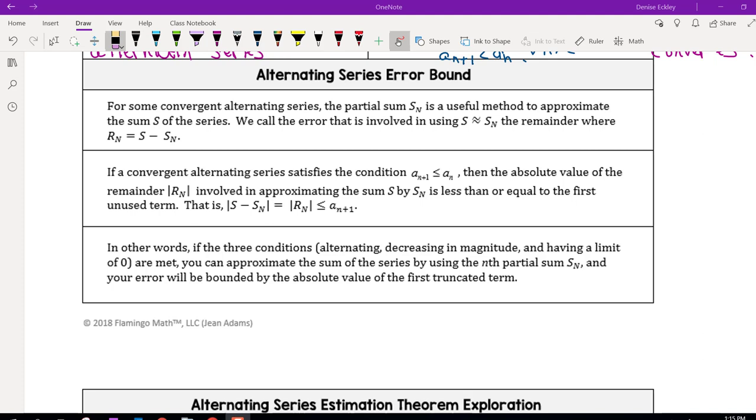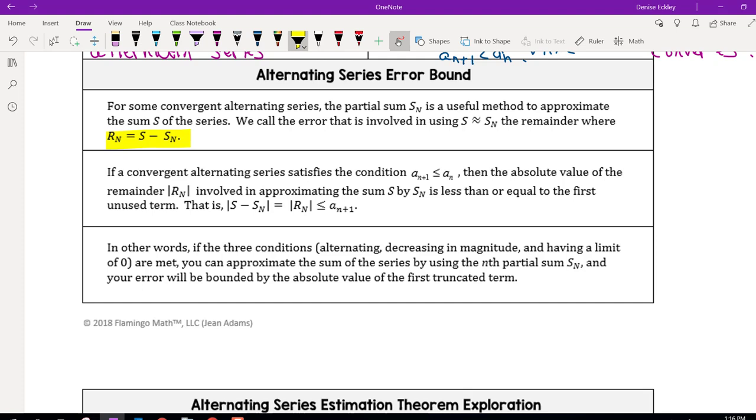So what we can do for some alternating series, as long as they're convergent, is use a partial sum as a way to approximate the actual sum of the series. When we do that, we create an error, and this error is the remainder, where Rn is the remainder, and it's the difference between the actual sum and the partial sum